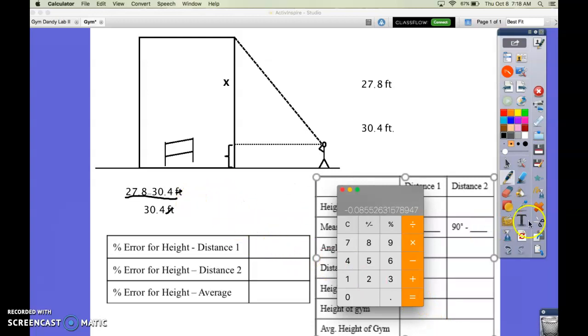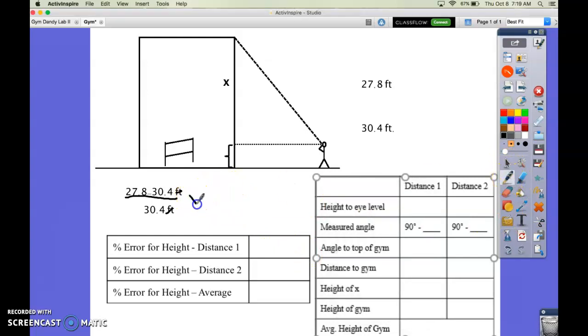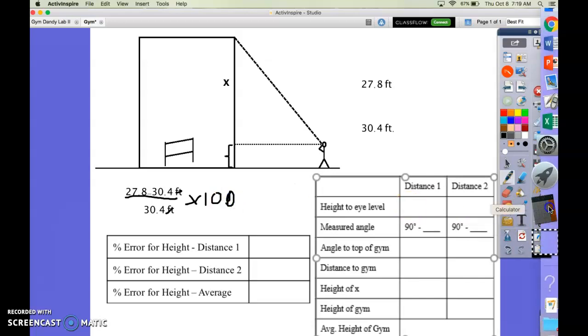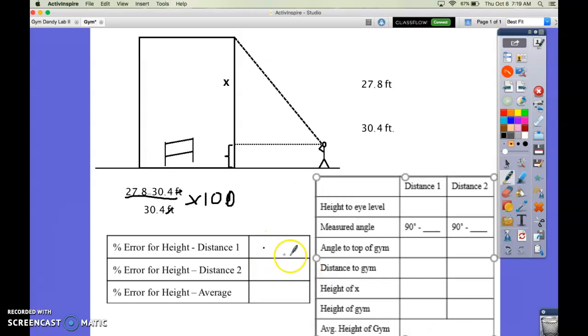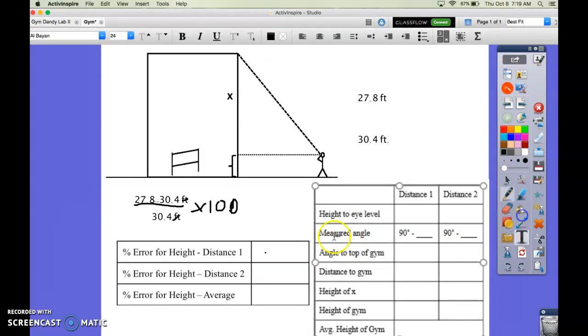Okay. Now the last thing we need to do is to get it from a decimal to a percentage. All right, we are going to multiply it times 100, and that will change it from a decimal into a percent. Okay, and let me get back on my calculator and multiply that times 100, and that will give me 8.5. Let's round it off to 2 sig dig, so we're going to call that negative,